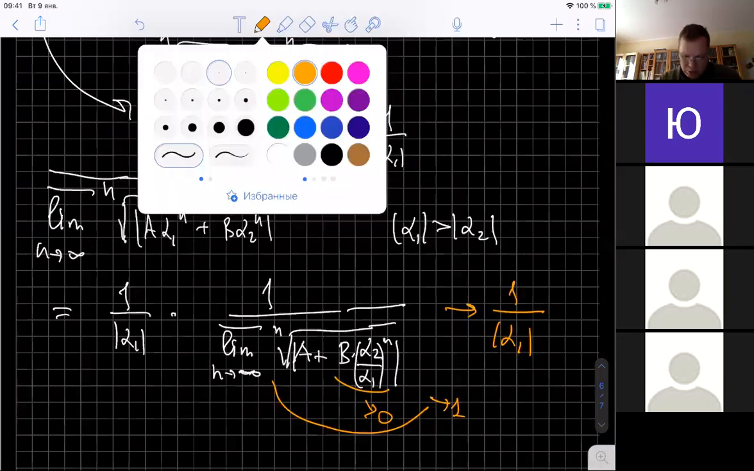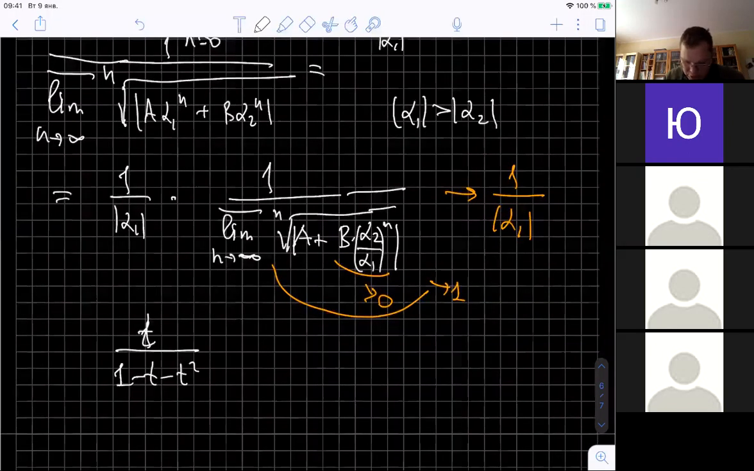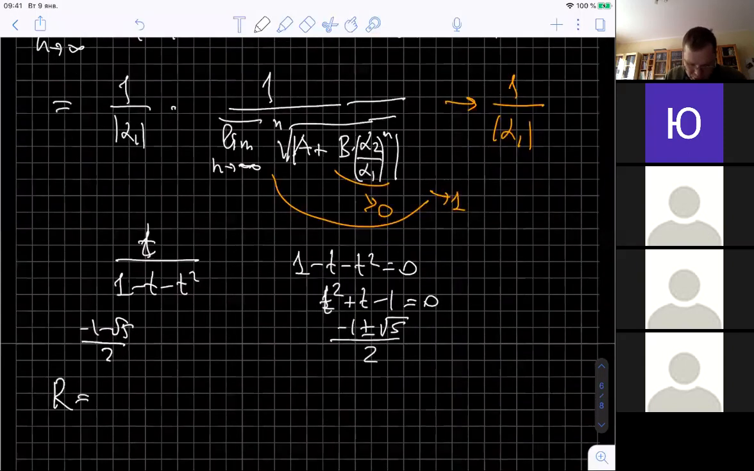So all we need to do, if you want to find the radius of convergence of this formal power series, is find the roots of this polynomial. It will be t squared plus t minus 1 equal to 0, so the roots are minus 1 plus or minus square root of 5 over 2. The greater one will be minus 1 minus square root of 5 over 2, and so the radius will be equal to 1 over the modulus of